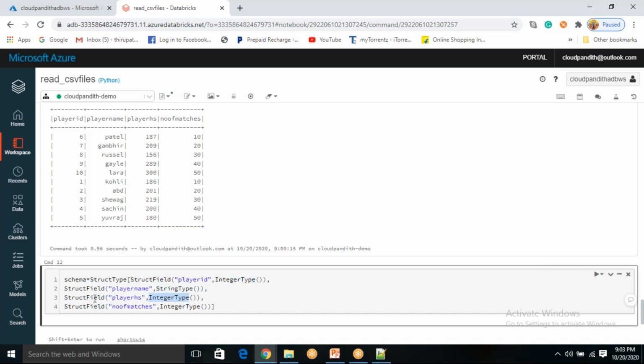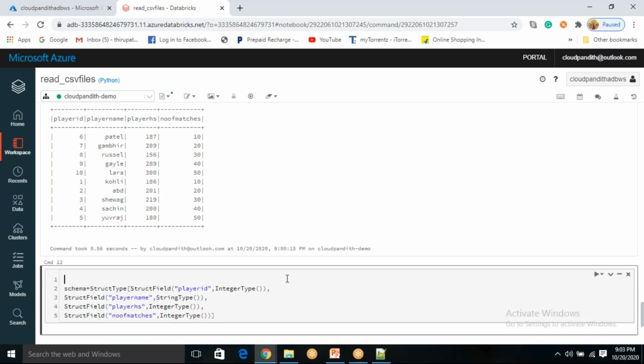You need to understand there are some new words you have learned here today: StructType, StructField, IntegerType. What are these different things? These are the different types available in your Spark. Now you need to import all those things from pyspark.sql.types, one by one. Don't put star. It is not a good practice to put star. If your client is technically good, they will immediately raise an improvement or bug and ask you to modify this particular script. So whatever types you need, only those things you need to import.